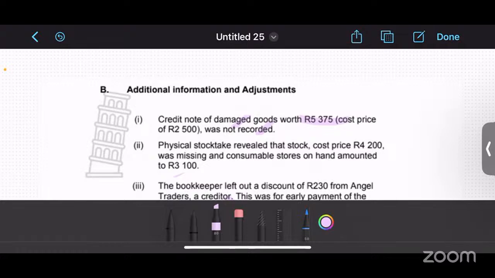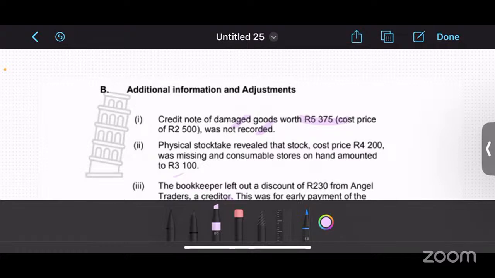So we said this person owed us how much? Owed us 5,375 rands, right? That is sales. And again, it's going to be debtors control, right? Because you are selling, that means your sales increase, and then you are selling on credit, that means your debtors increase. All right, you still with me? Yes, ma'am. So now this person returned the goods, which simply means that they do not owe you